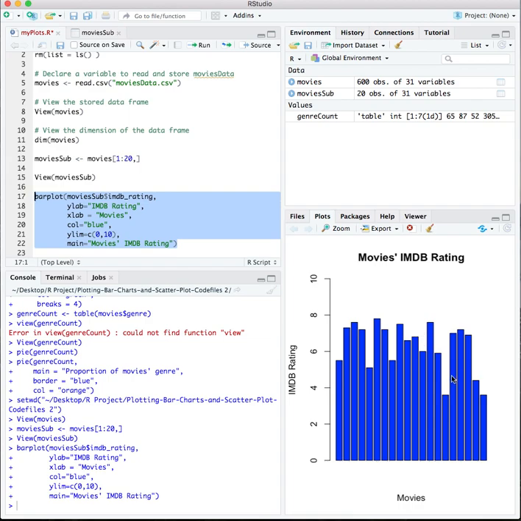Similarly, we do not know the name of the movie here, so we will add more arguments, because we have taken the 20 observations. We do not know the name here. How this can be done is just by adding one more argument. As we added arguments with other functions, we can do it with this also.